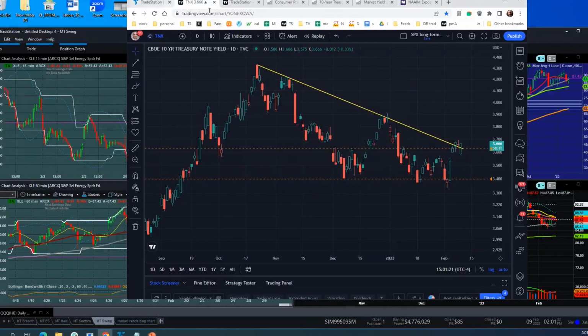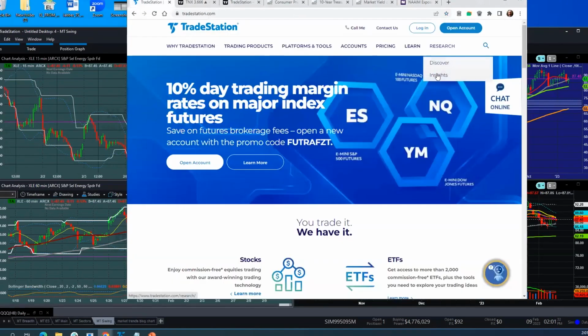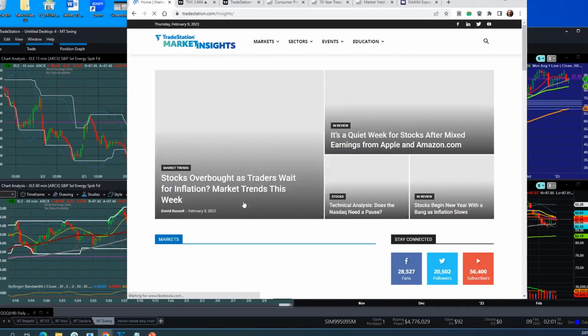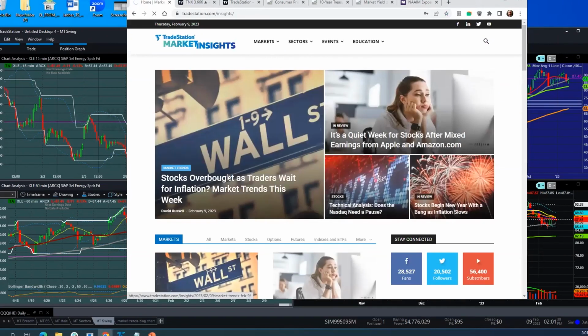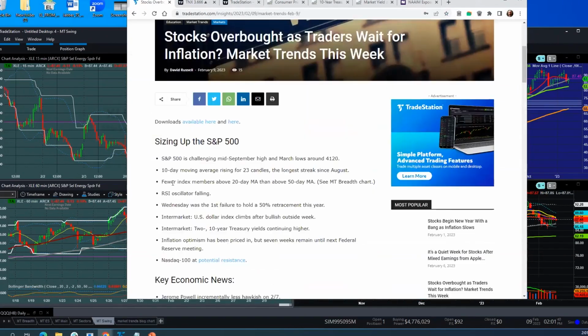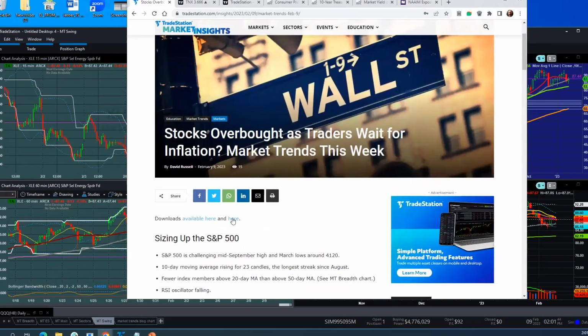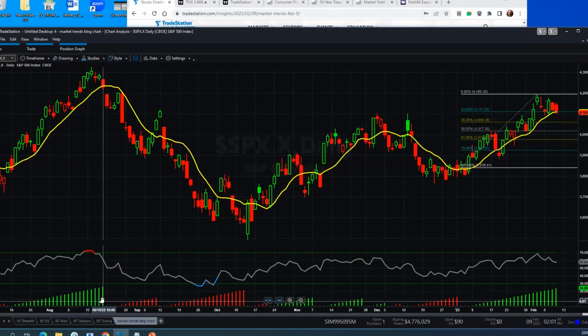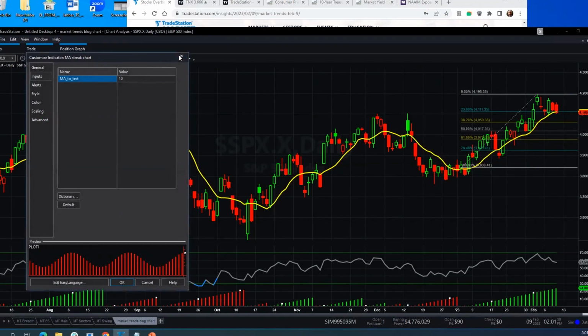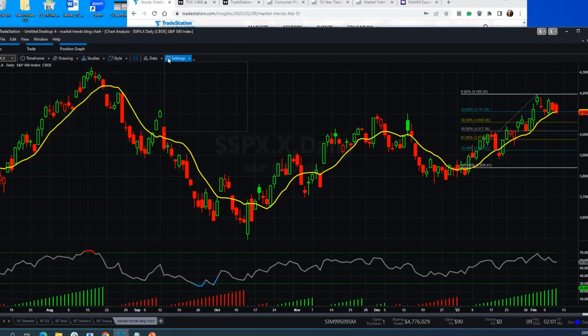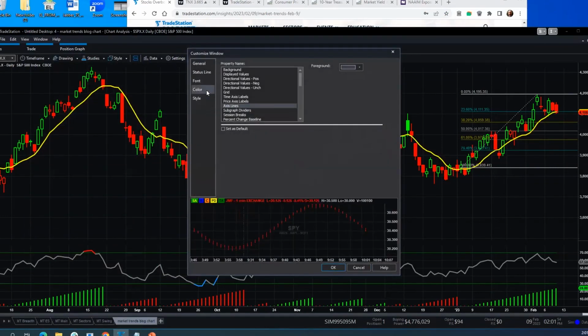All right, so we want to go first of all to TradeStation, go to Research and Insights. And then this blog post has our talking points for today, including a new little indicator I gave you, which is called MA. Here it is. This is actually a chart I was doing. Let me show you. Go to settings, go to window, and then we can go to